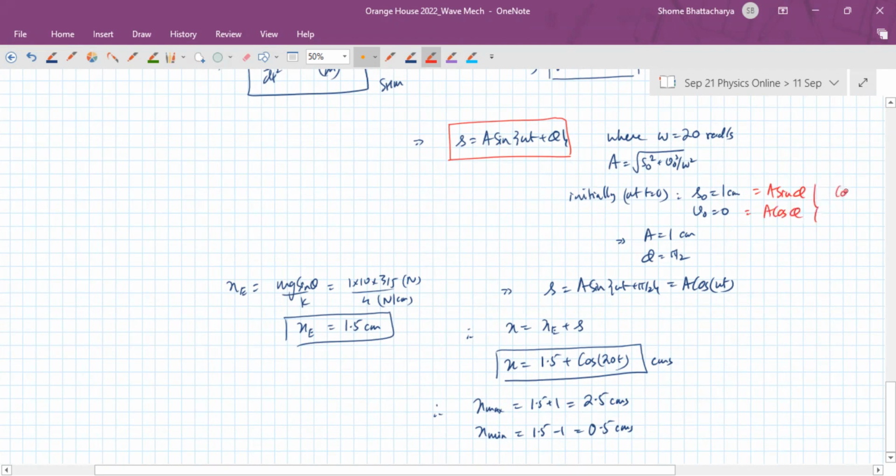So cos phi is 0 and sine phi is positive. So phi is pi by 2. You know the formula that phi is